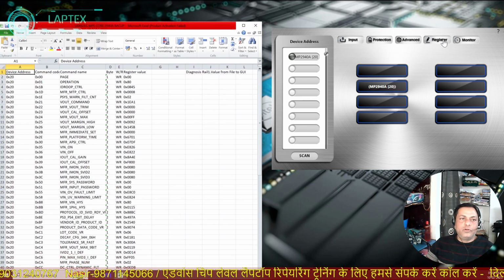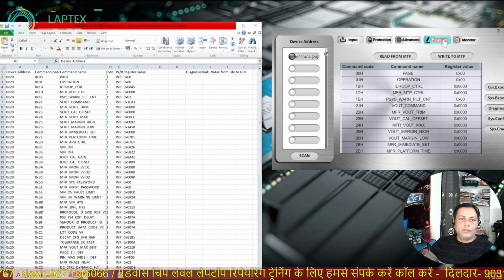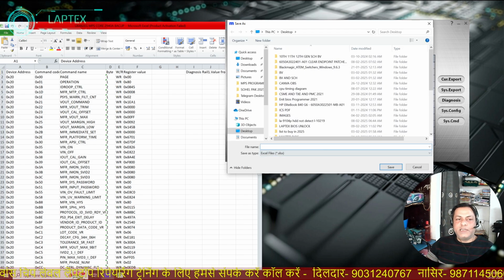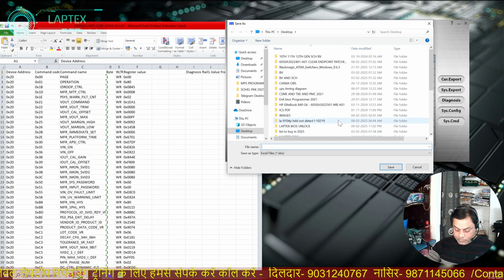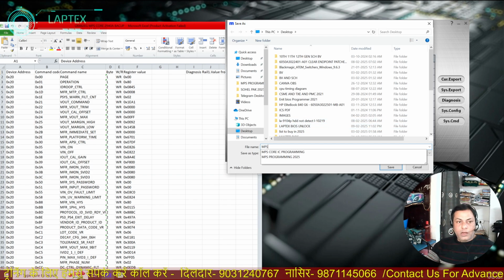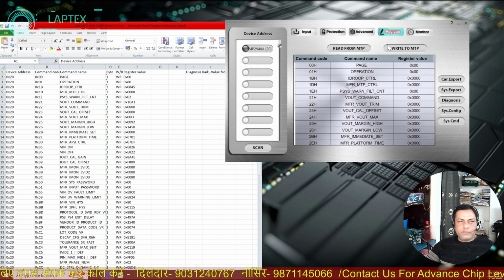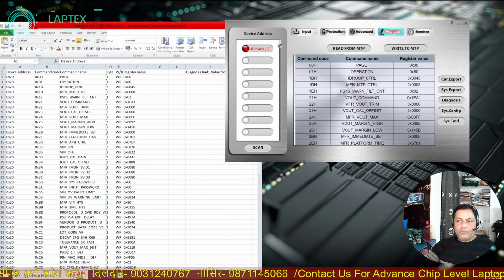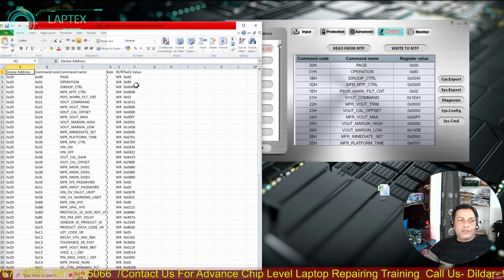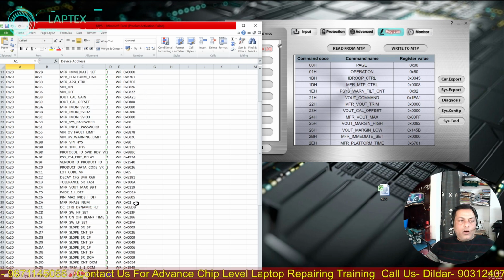Also go to your scanned point, and save it with MPS only. You write here save. The same Excel file would be saved. Okay, so it has come here. Now open it. So see the address, all the addresses